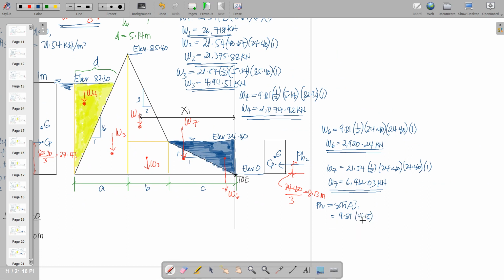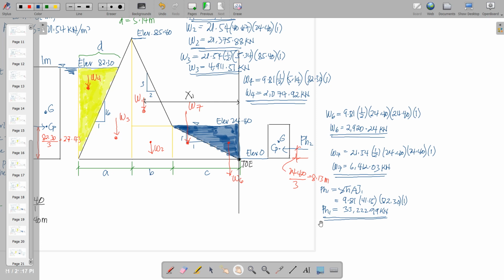Then we divide that by 2, that is 41.15, by the area. The area is 82.3 by 1. Hence, we can get this value, 33,222.99 kilonewton. So similarly,